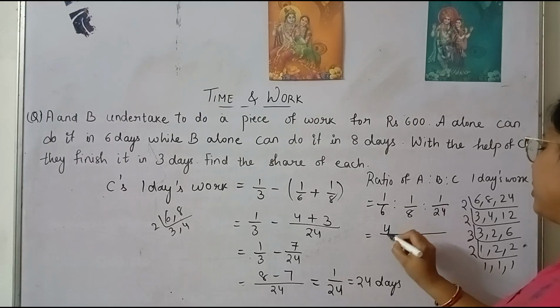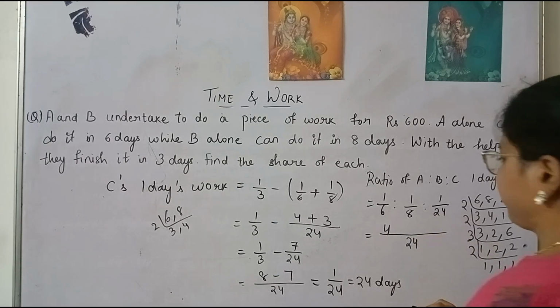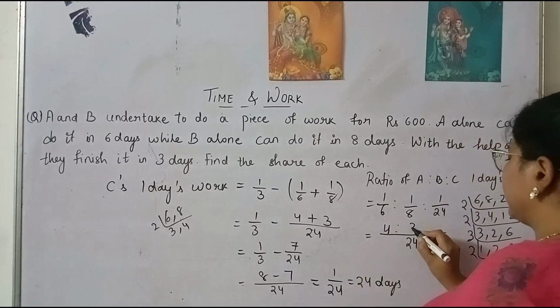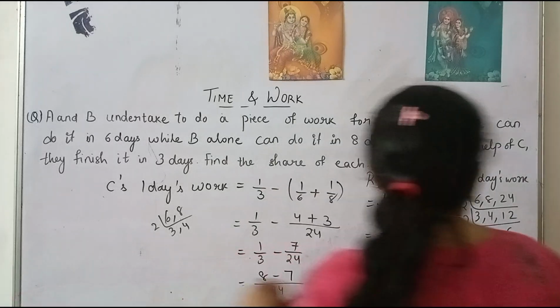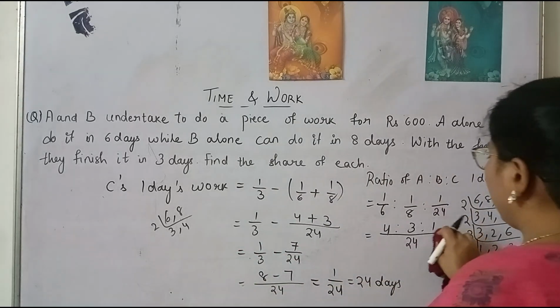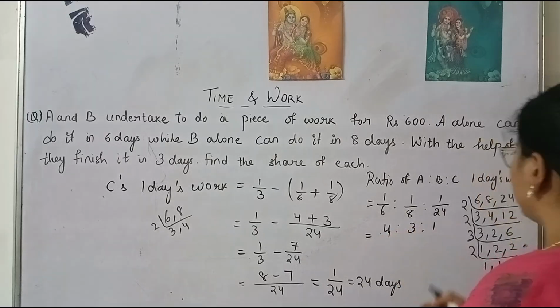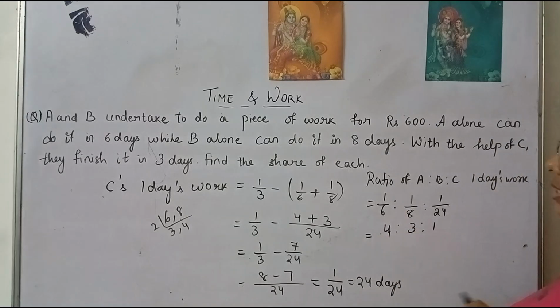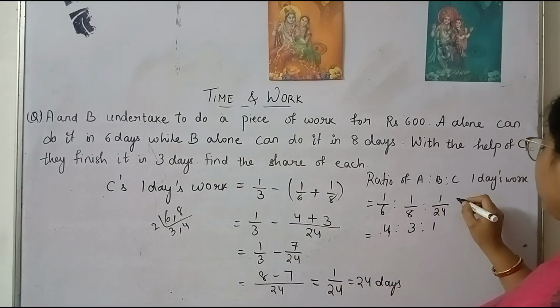So here we get 4 and here we get, sorry, okay, fine. No issue. 4. Here we got 3 and here we got 1. So this is the ratio, 4 is to 3 is to 1. Yes or no? Understood how we got this ratio? 4 is to 3 is to 1 is the ratio of A, B, C. Now based on this ratio, we can easily calculate the share of each. So if we see